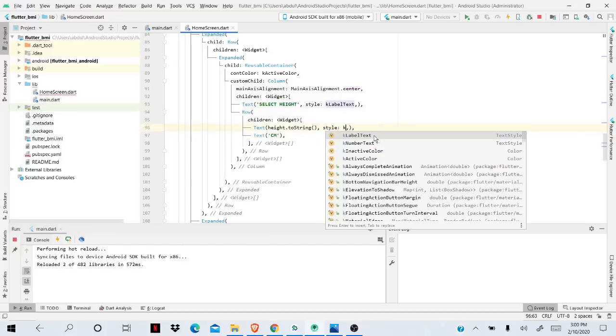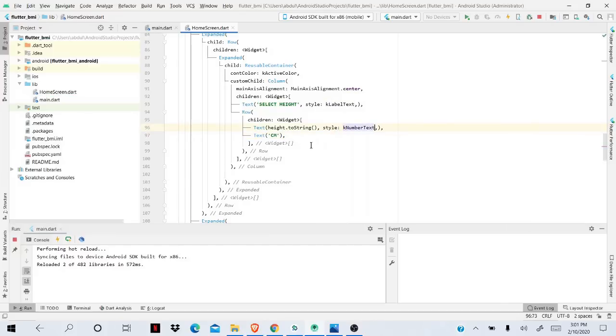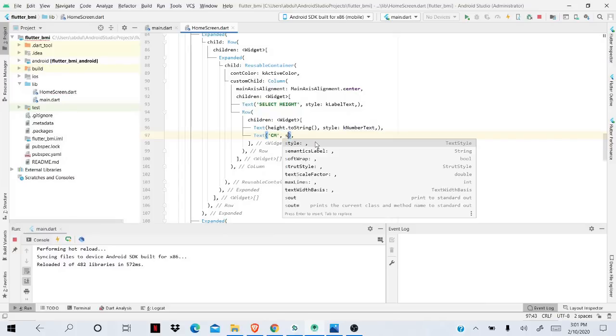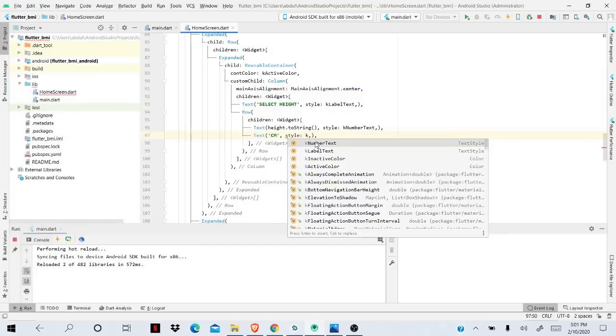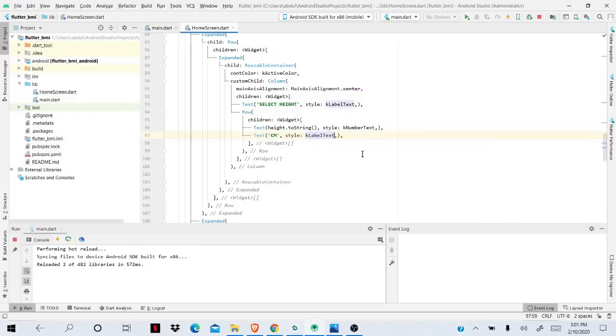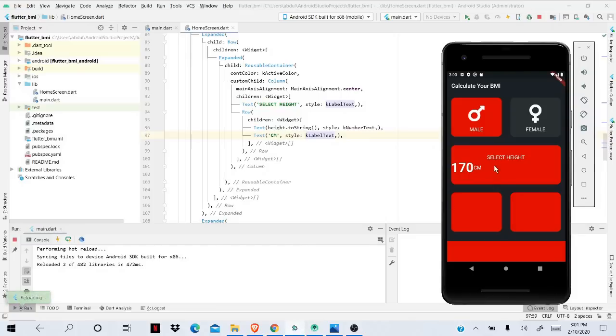Okay, numbers, and for CM we want style label text. Okay, but as soon as I save it, you can see we have whatever we want, right? That this row needs to be centered and the CM needs to be at the baseline